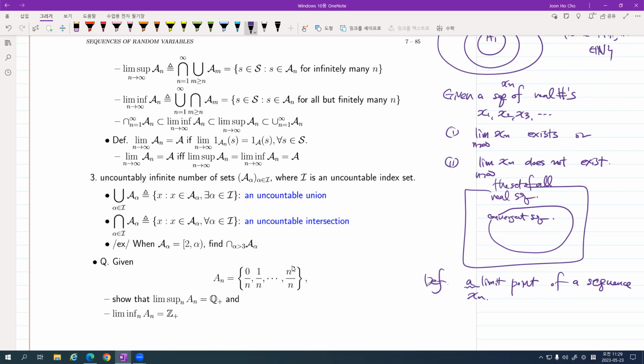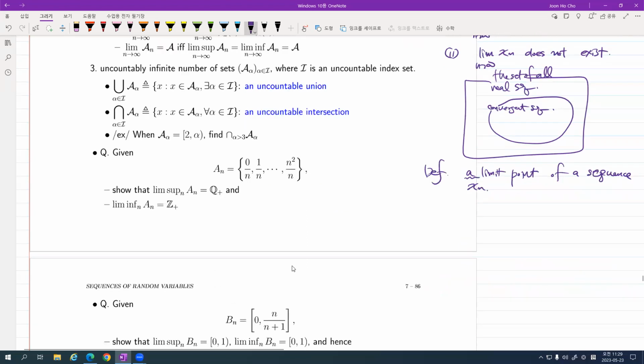So, a limit point. What does that mean? Given a sequence, there could be more than one limit point, or there could be no limit point. What is a limit point? It can be understood visually like this. Suppose you have a graph of a sequence, meaning that for each index, you put a circle or mark X. A limit point can be understood like this. Suppose I claim, given a sequence, some value A is a limit point.